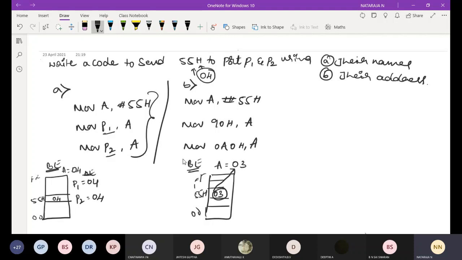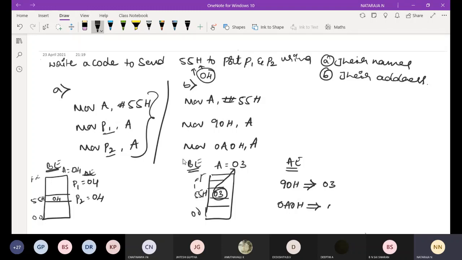After execution of these two instructions, port 1 is represented by the address 90H. Have you remembered? When we discussed memory location addresses, I told you port 1 is represented by 090H. Whatever the data in the accumulator will be stored in the 090H address location.